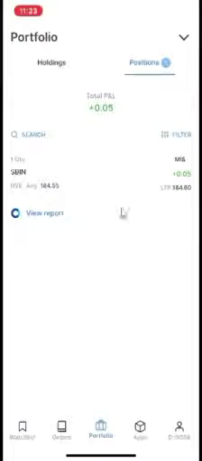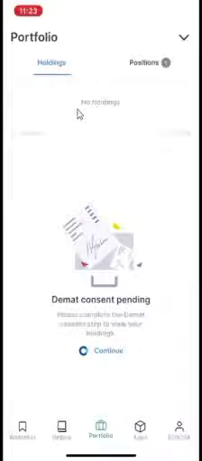This is our SBI stock. Now it is going on 5 paise profit. Here we can see total profit and loss. From position only we have to exit the shares. If we bought a CNC share, on the first day it will be available in the position tab. From the second day onwards it will be available in the holdings tab. We have to exit the share from holdings.